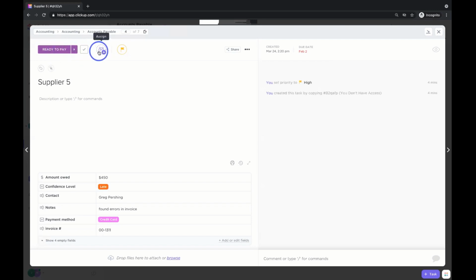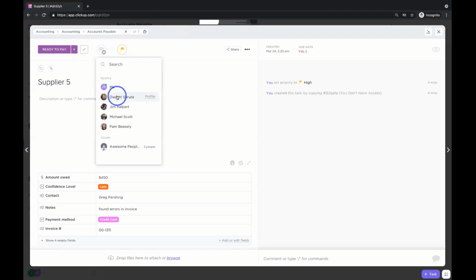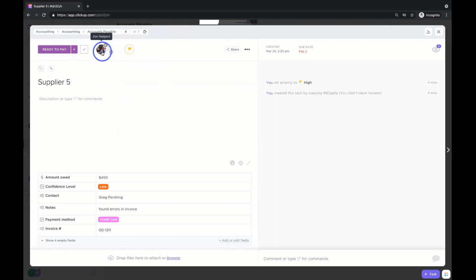Directly to the right of that, we have our assignment feature. When you click the assignment feature, you can pick a particular person that you want to be responsible or assigned to this task. So in this case, we're going to select my friend, Jim Halpert. Jim Halpert is assigned to do supplier number 5, right? He's responsible for getting this task done. If we wanted to, we can have multiple people assigned to that particular task. In this case, Michael Scott. So we got Jim Halpert and Michael Scott both assigned to get this done, or we can remove Michael and only have Jim be responsible for this particular task.